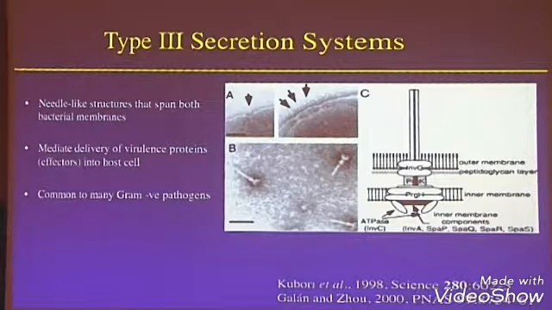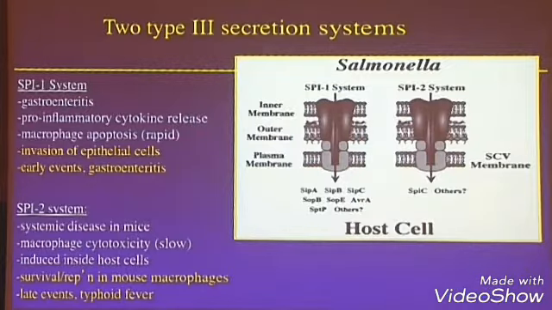And it really gives the bacteria a really nice mechanism to drive bacterial molecules into mammalian cells to reprogram them. Well, in the case of Salmonella, it's been well known for a long time now that there are actually two type 3 secretion systems. So it has two ways of getting bacterial proteins into cells.